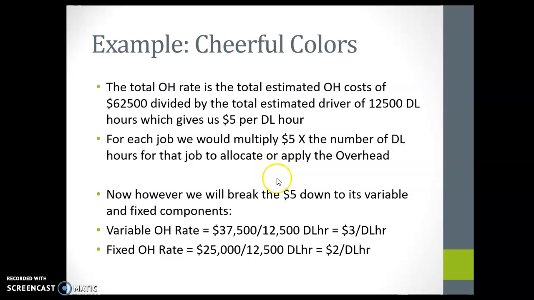Now, however, we're going to break that $5 down to its variable and fixed components. So the variable overhead rate is going to be the total of just the variable overhead costs, and let's say that's $37,500. We still divide it by the total direct labor hours we think we're going to have for next year. That comes up to $3. The fixed is, let's say, $25,000 of expected fixed costs for next year, divided by the total direct labor hours, and that gives us $2 per direct labor hour for fixed overhead rate. If I add the 3 and the 2,